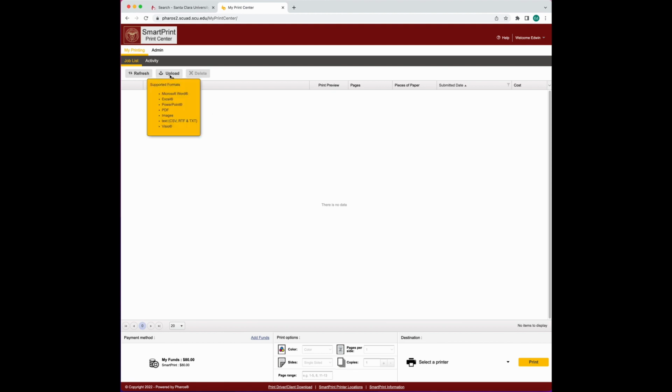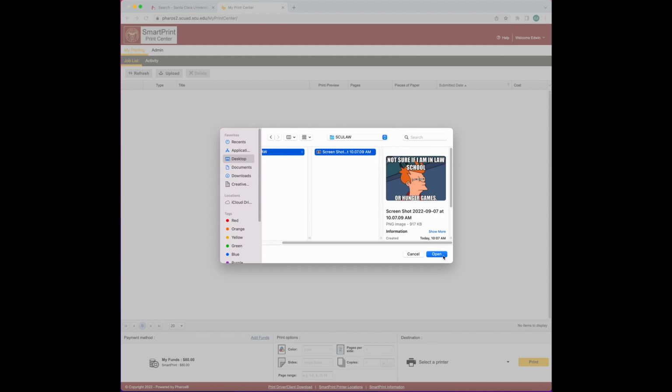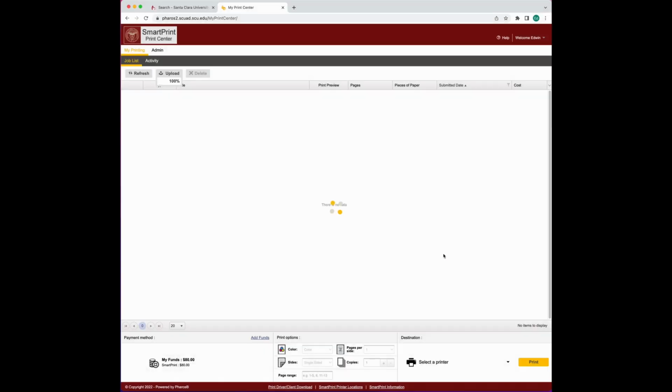Once you're in the main MyPrint Center console, click on the Upload Document button. When the document is uploaded, the SmartPrint system will process and render your document for printing. If for any reason your document cannot be processed, then you will know immediately with a visual alert in this area. If your document is rejected by the system, then you must delete the document from the SmartPrint queue